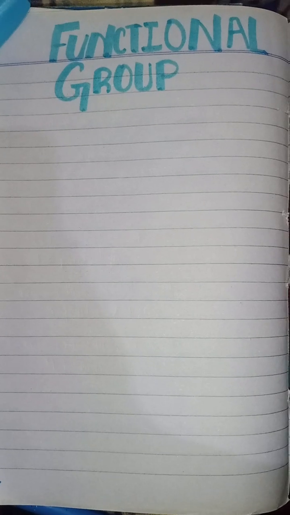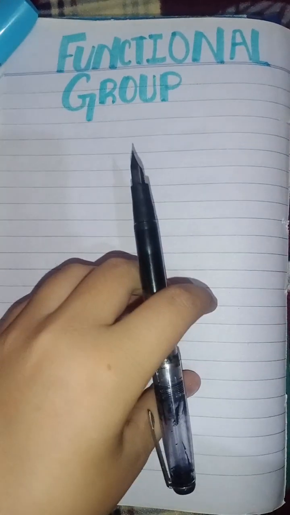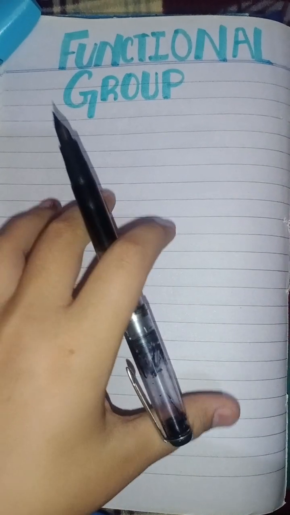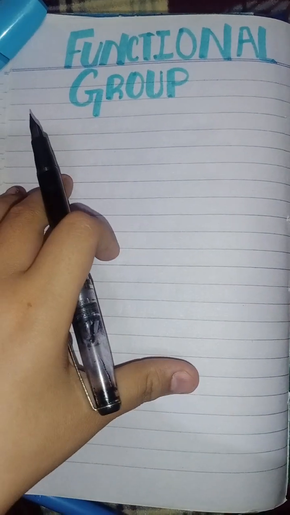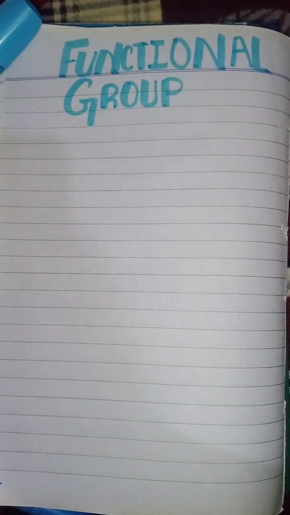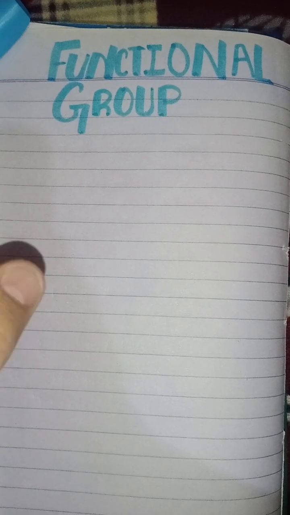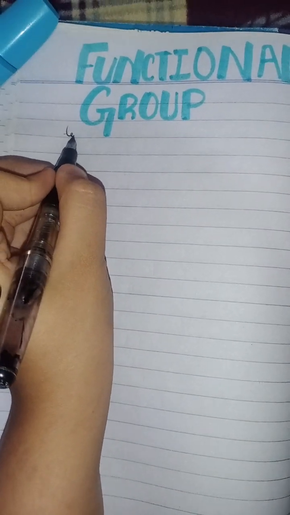Okay, so let's discuss the functional groups in organic chemistry. First of all, what is a functional group? It is basically defined as an atom or a group of atoms whose existence in an organic compound gives a distinctive quality to that compound. So we can simply write it as defined as